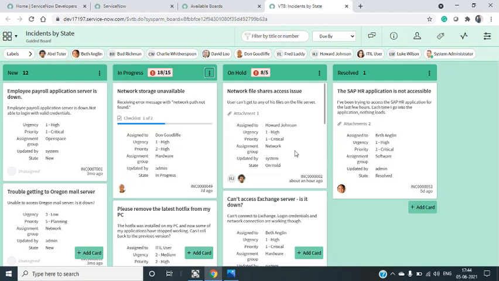If you do like this, it will improve the lead time. If you are not following this, if you keep on pulling the items from new to in progress and in progress to on hold, it will definitely increase the lead time. It will not decrease the lead time. That is the reason we have the WIP limit in place.